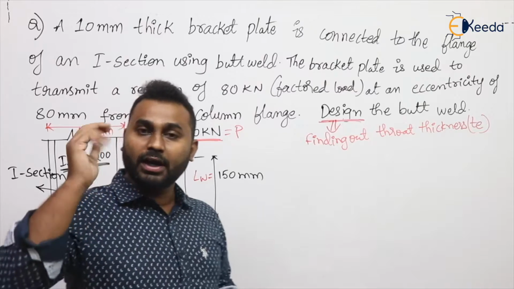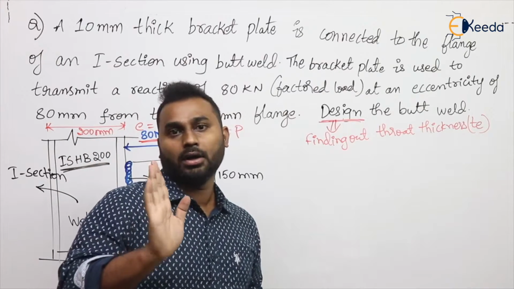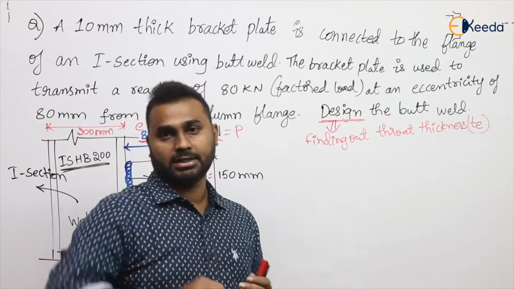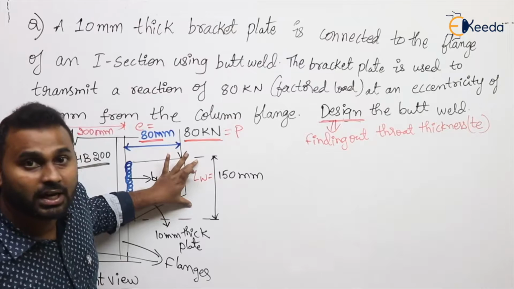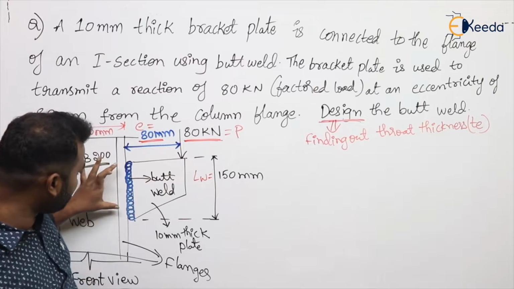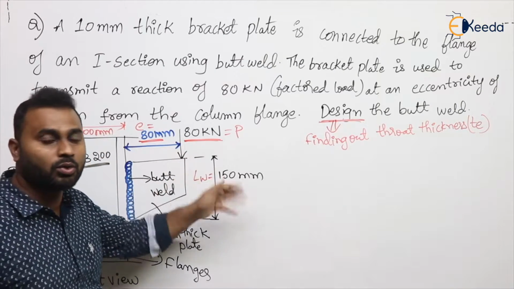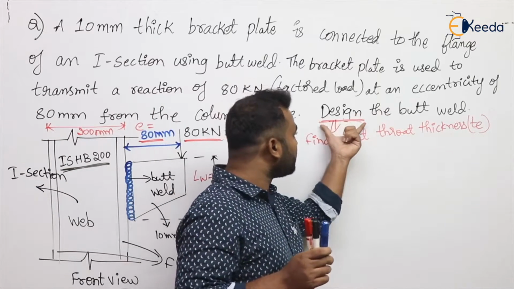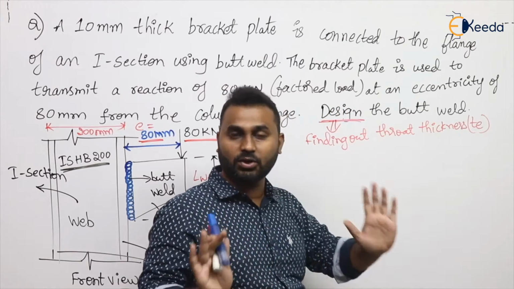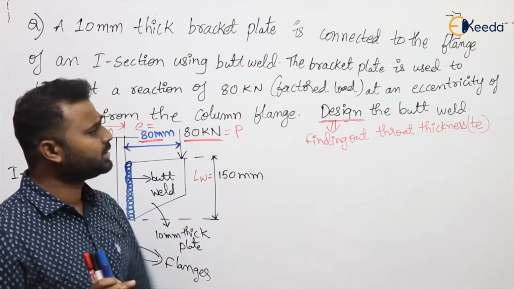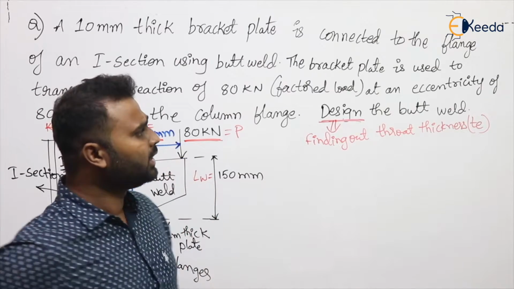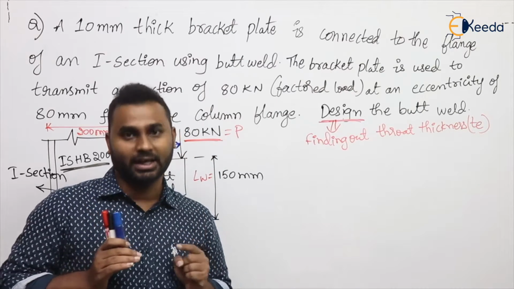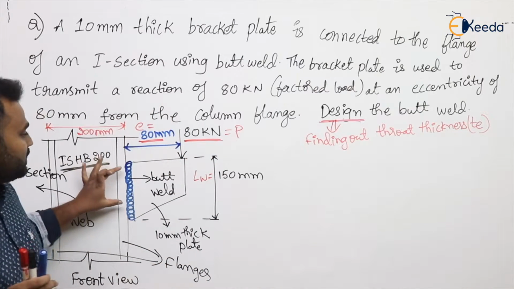As I said, for getting the cross-sectional area of the butt weld, we require two dimensions: one is length and another is thickness. The length was mentioned in the question, which is equal to the depth of the bracket, 150 mm. So no worry about the length. We need to find the throat thickness, which is the meaning of design. Is that okay, everyone? Now, one more thing: for finding this throat thickness, one needs knowledge of type 2 eccentric welded connection. It means if you observe, this weld comes under which category?